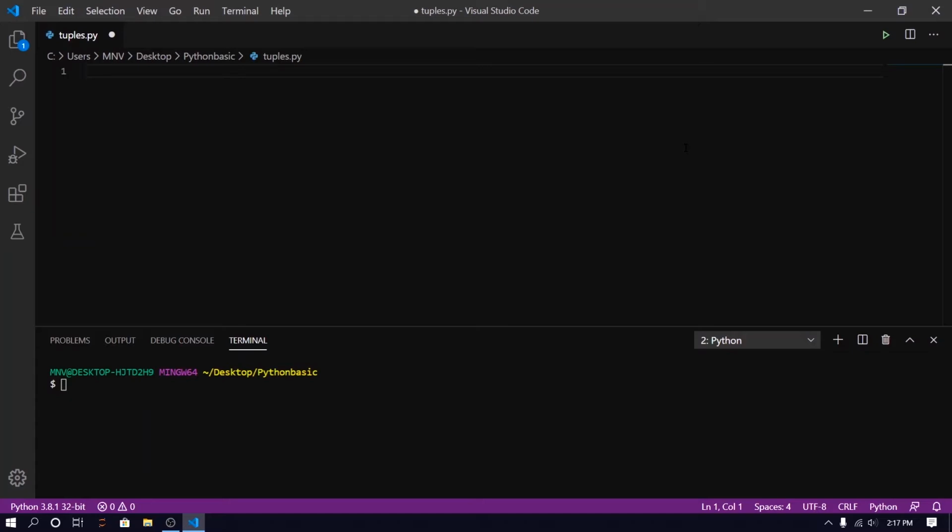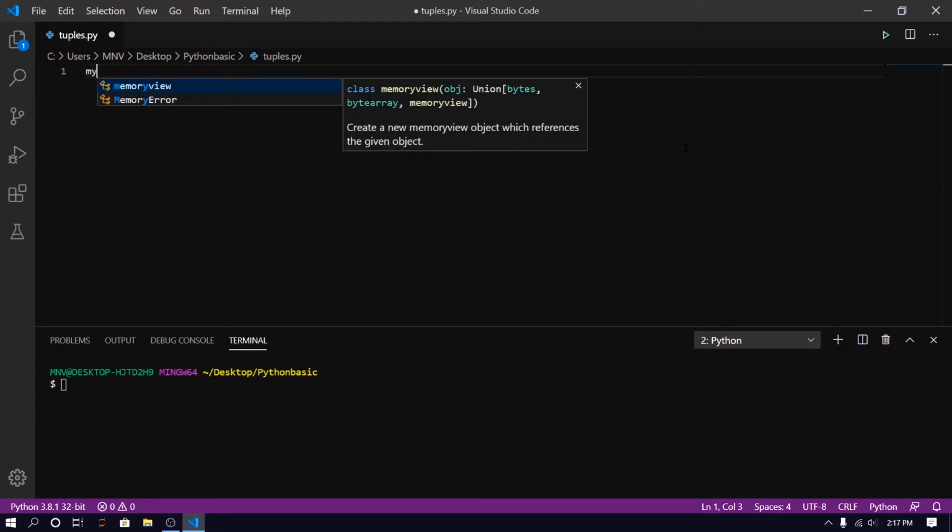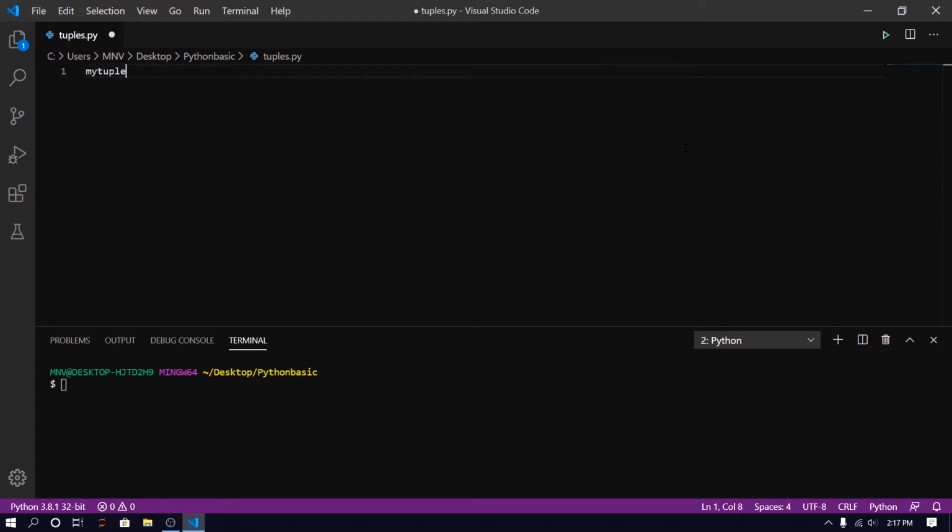So how can we define a tuple in Python? As we know, we define a list using square brackets. For example, here I am creating one variable. How can we define our tuple? We cannot use square brackets, because whenever we use square brackets, that means we are defining a list.